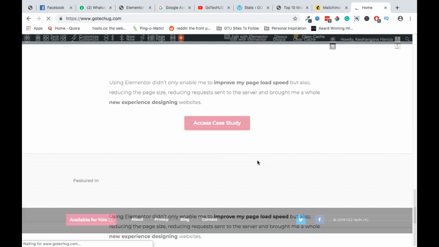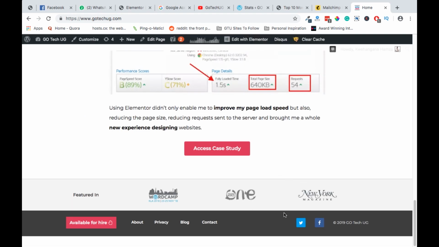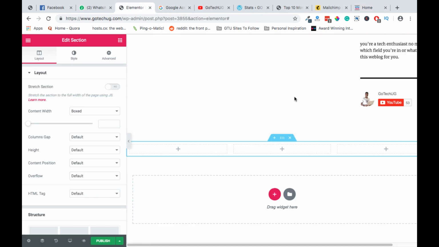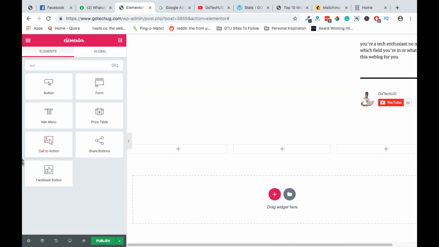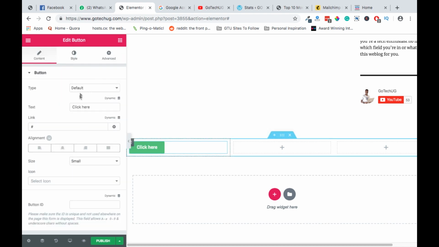We can create a footer of this type whereby we have a few social media handles here, copyright info, a footer menu, and also a call to action. So we head back to our template and we will start by creating a call to action. That is probably a button that we'll add, and we will say